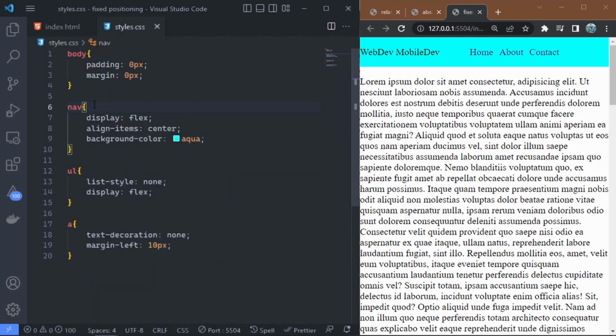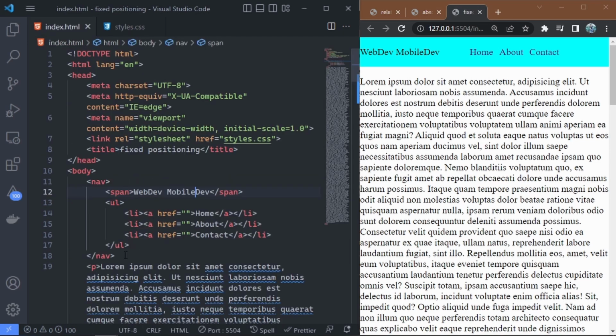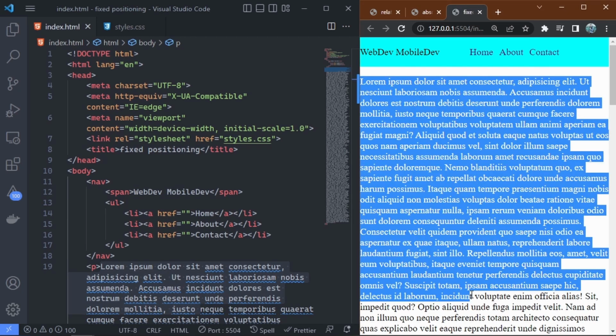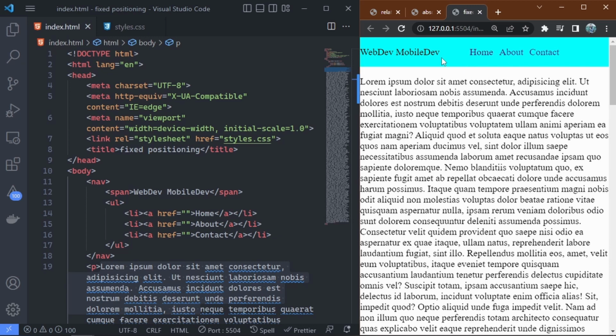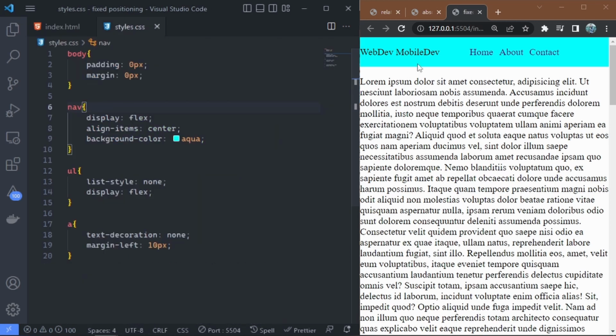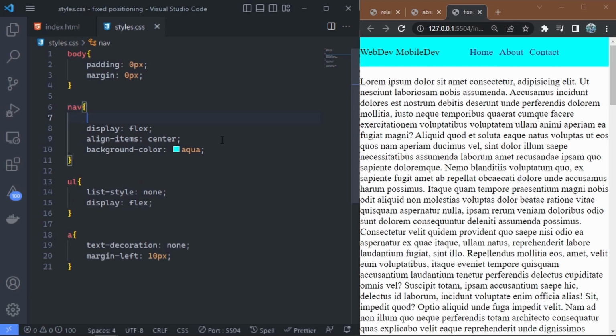So what you do is you come to your navbar in the index.html. See that this is the navbar, all this, and directly below the navbar is a paragraph that starts here with lorem ipsum. So all this lorem ipsum below here is the text paragraph that is below the navbar. If you want to make this navbar fixed at the top, you are going to come to the navbar's selector, and this can apply to any element you want to stay fixed on your HTML page. You come to the element selector, in this case it's our navbar, and you give it a position